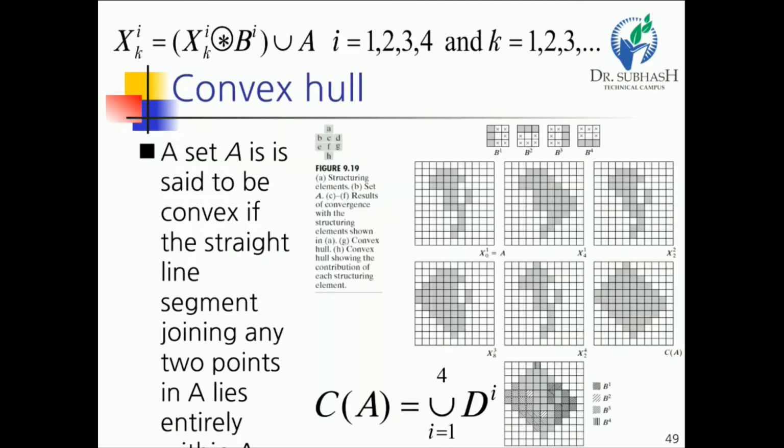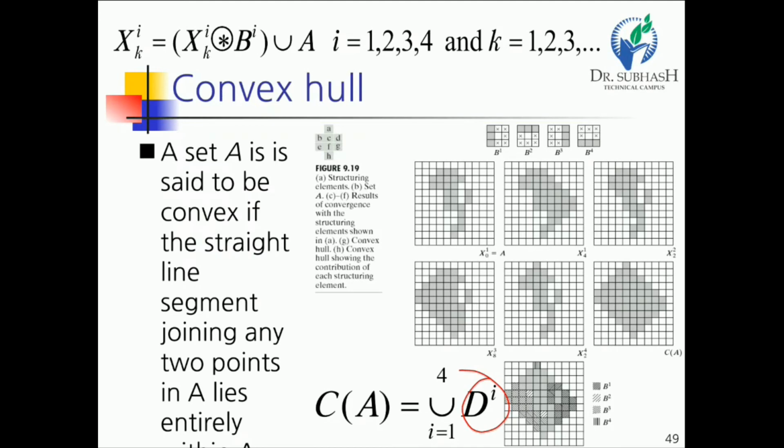Now another and most important characteristic, otherwise also known as a function of morphological image processing, is the convex hull, right? A set A is said to be convex if the straight line segment joining any two points in A lies entirely within A. So this is the function of the convex hull. The convex hull C of A is the union for i equal to 1 to 4 of D_i. So in figure A,